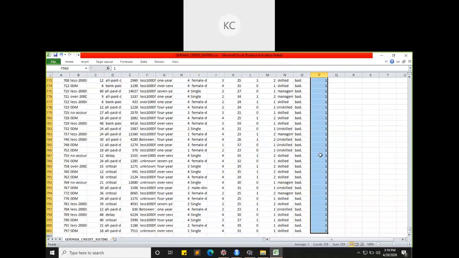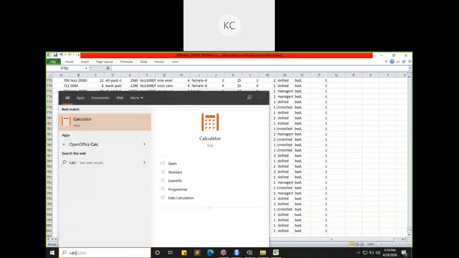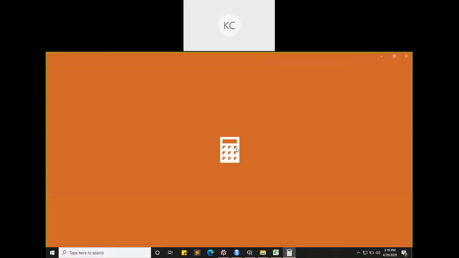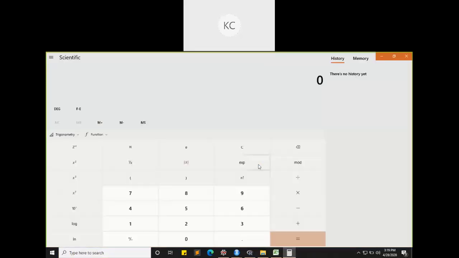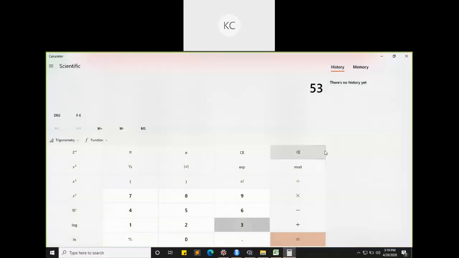If I try to calculate how many of them are 0, I'll just go to a calculator. So totally 560 entries are 0 out of 800 entries.